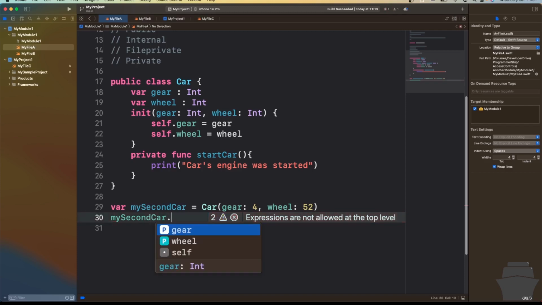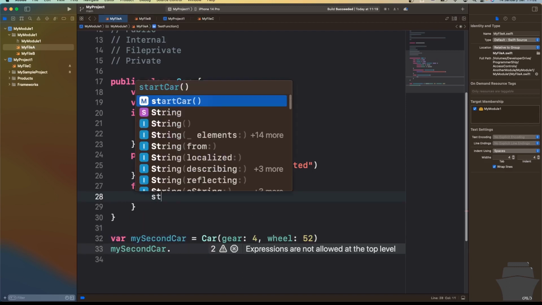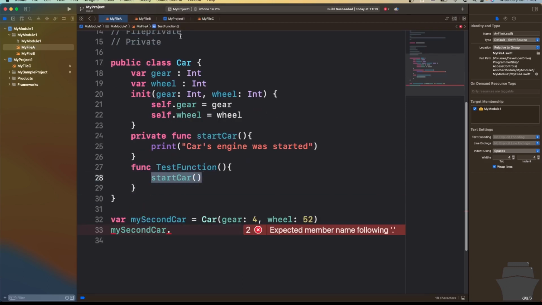Hit dot, and we can see we are able to access the gear and wheel properties, but not start car. Why? Because it is defined as private access level. We can access private definitions only within the same class definition or its extension. I'm going to add a new function into the car class, and inside this function, I will try to access the start car method. Here, let's create a function called testFunction, and inside this function, let's try to access the start car method. You can see we can access the start car method within the